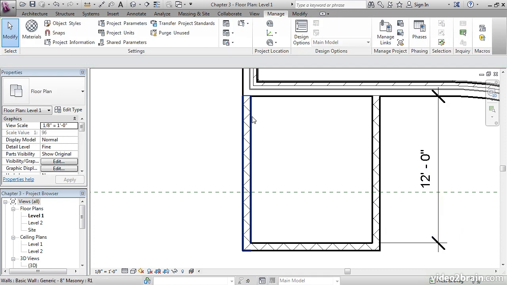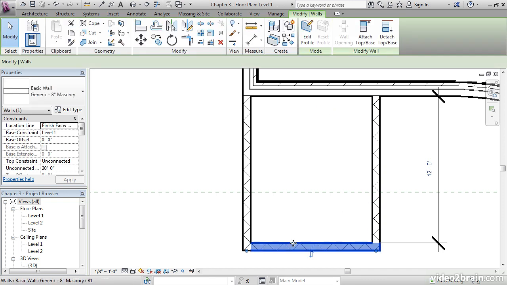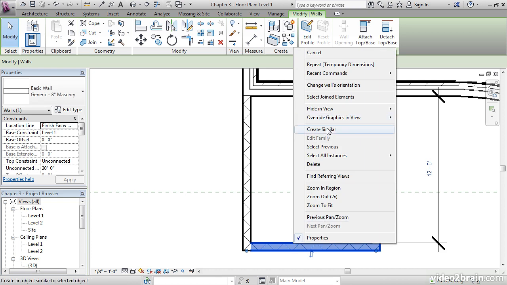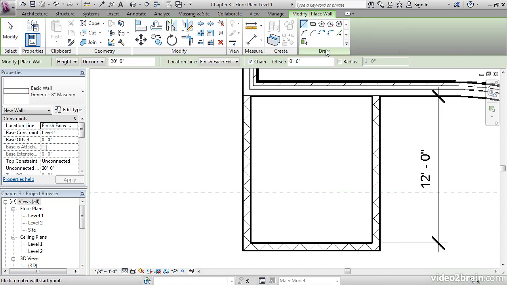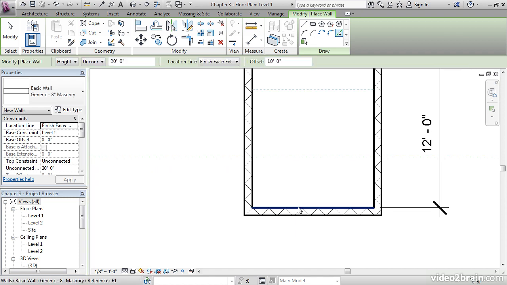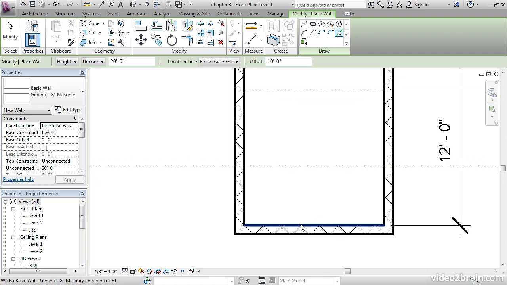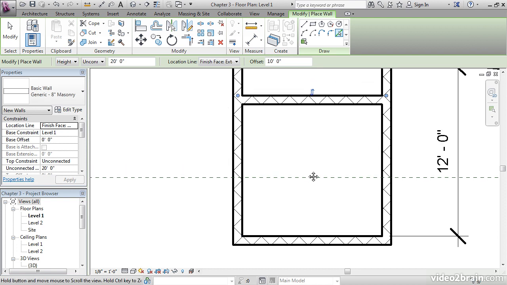One last thing we need to do is put a wall in here to form a chase for electrical conduit. What I'd like to do is go ahead and select this wall, right-click, and create Similar. This time on the Draw panel, I want to click on Pick Lines, and I set the offset for 10 feet. I'm going to come down and select this wall. What I want to do is pick the inside face. Once we see the temporary reference line show up above it, go ahead and pick that wall